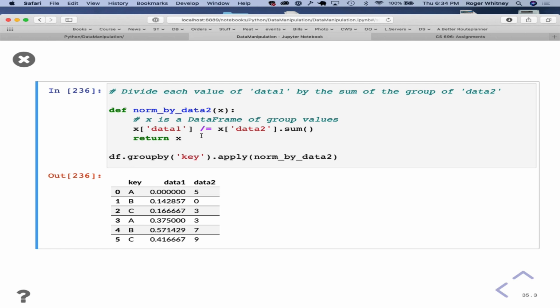Right, you were dividing. I mean, it's just a crazy C trick where instead of saying data 1 equals data 1 divided by this one, we're just saying we're going to take that column divided by that value and assign it back to where we were, right?